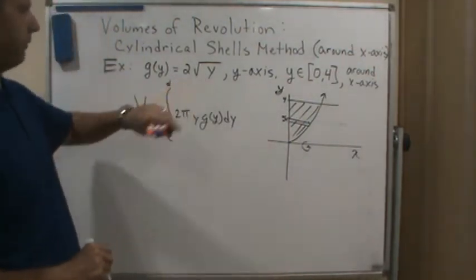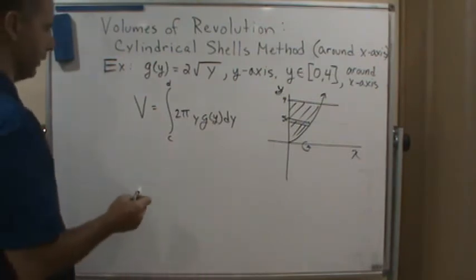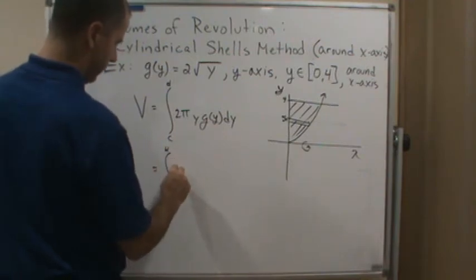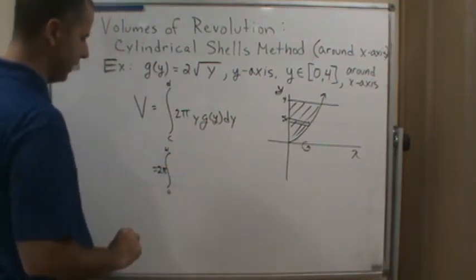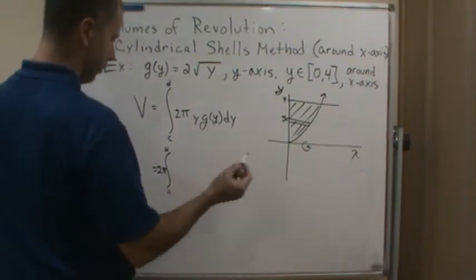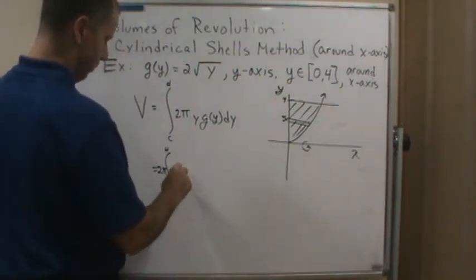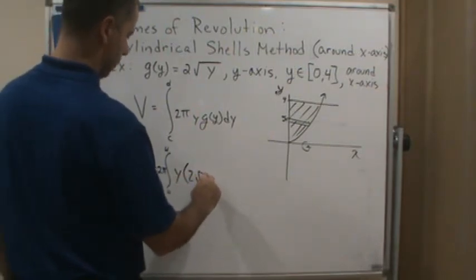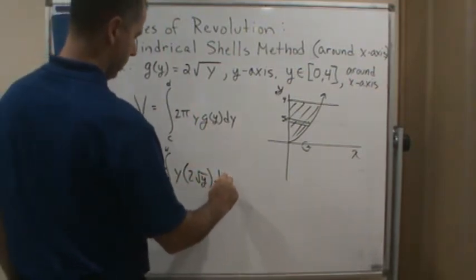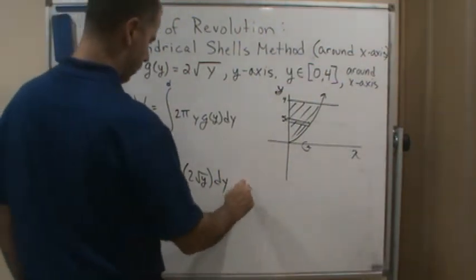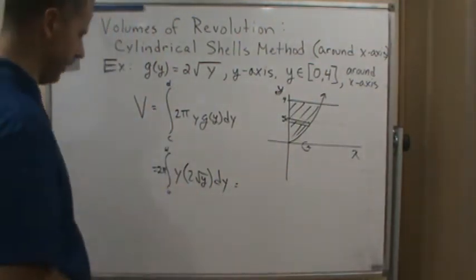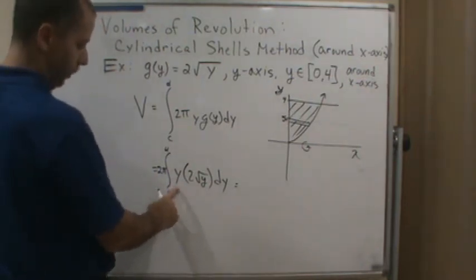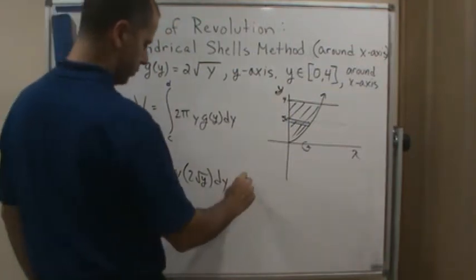So this here is already a function of y, so we're good. So now let's just plug it in. So 0 to 4, we're going to take the 2 pi outside of the integral. And what do we get? We get y times g of y, which is 2 times the square root of y dy. And now what are we going to do? So we're going to simplify this, right? So this is y to the 1/2, y to the 2/2, if you will. And so we're going to combine those, and we get